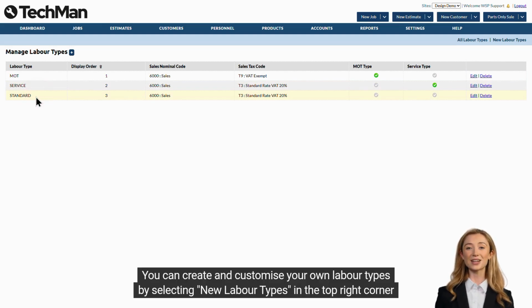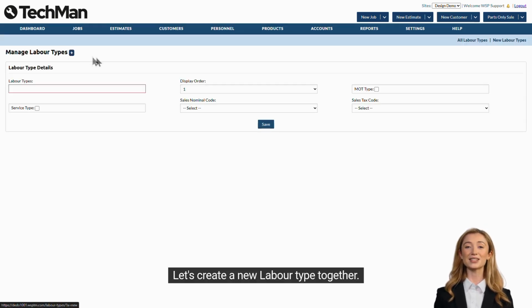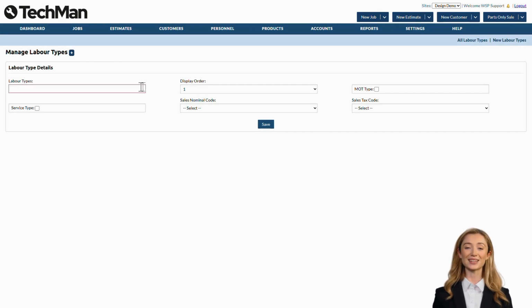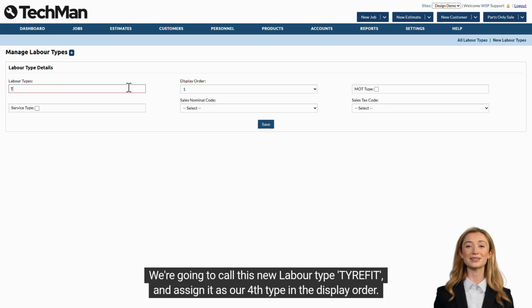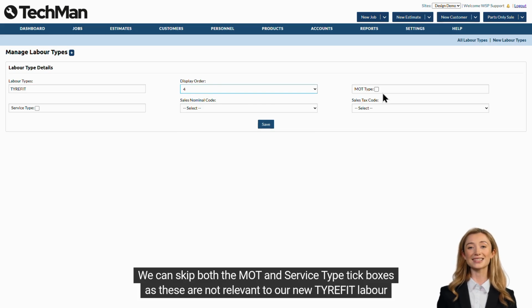You can create and customize your own labor types by selecting New Labor Types in the top right corner or the blue plus icon in the top left. Let's create a new labor type together. We're going to call this new labor type Tire Fit and assign it as our fourth type in the display order. We can skip both the MOT and service type tick boxes, as these are not relevant to our new